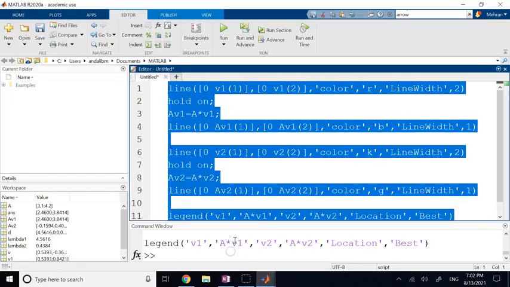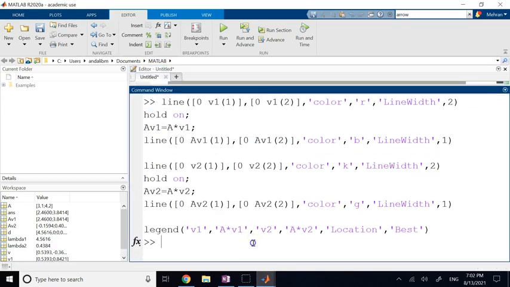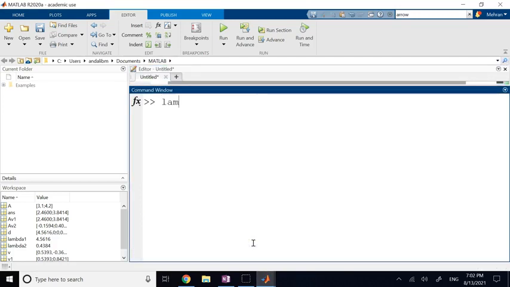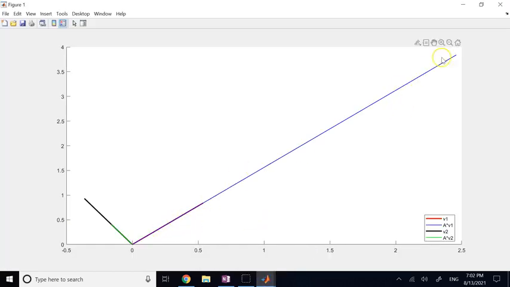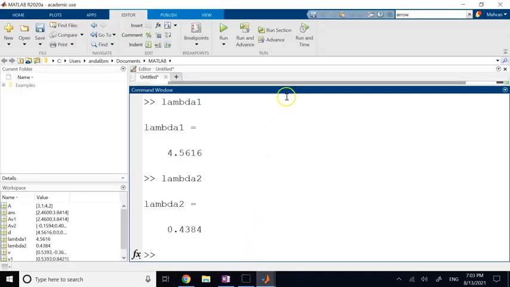and those scale factors are what? Lambda 1 and lambda 2, correct? Lambda 1 was 4.5, the one that got bigger, and lambda 2 for V2 that got smaller was 0.43. So you clearly see that the red vector V1 got larger, it became the blue one, and the black one, that is V2, got shorter, that's the green one. Okay, but if you see, the direction of V1 and AV1 and then V2 and AV2 are the same, there is no change. But if I do any other vector,